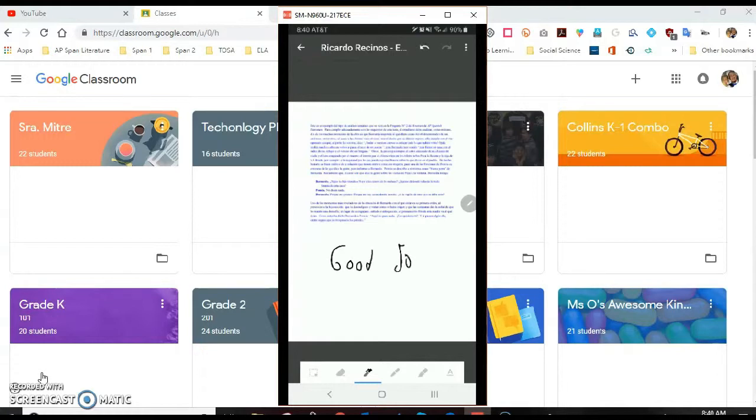Good job, right? It doesn't matter what I want to write, but I can type it. I can go ahead and highlight things if I wanted to. Okay, I can erase, I can type if I want to,